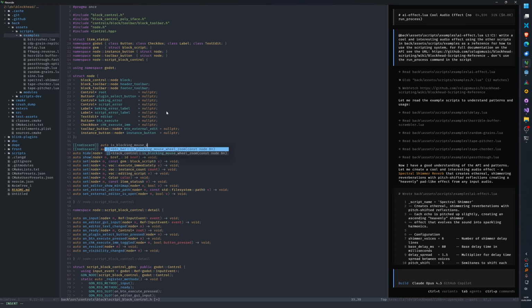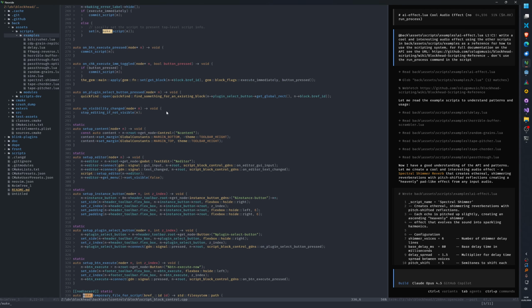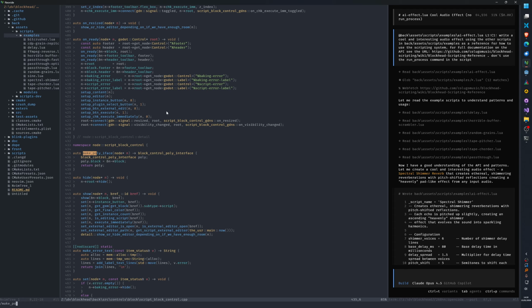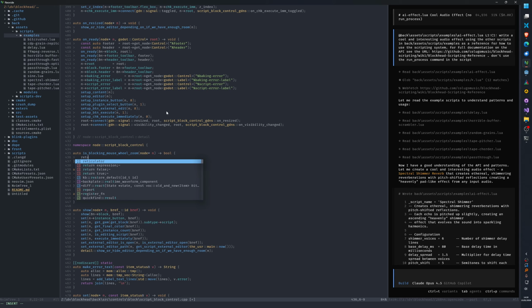Blocking mouse wheel zoom. And editor is visible in tree.